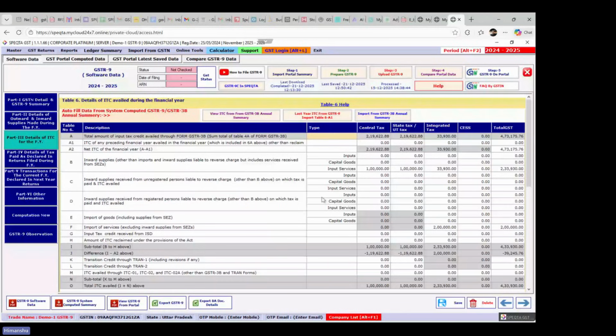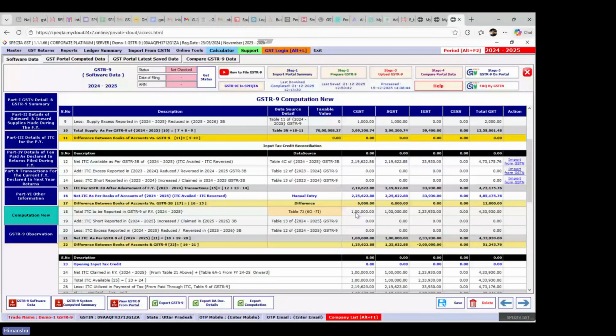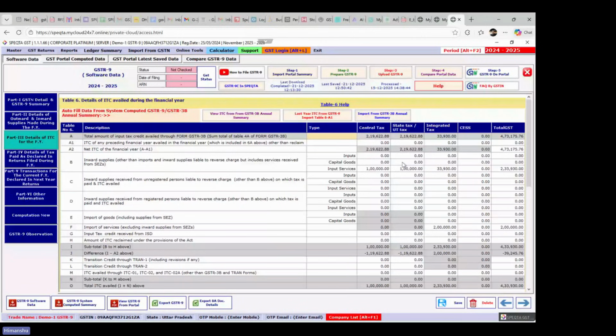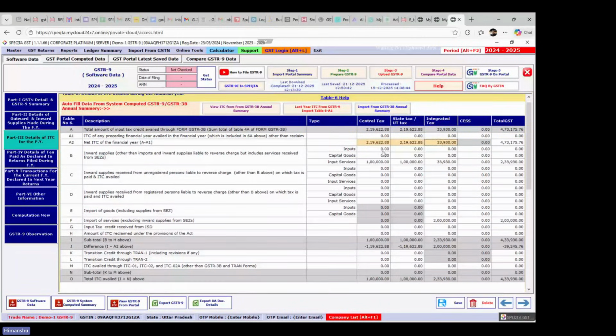फाइल करने से पहले आप यहाँ पर देख लो ना कि आप क्या रिपोर्ट कर रहे हैं, क्या बुक से इतना ह्यूज डिफरेंस आ रहा है। अगर आ रहा है तो there is a red flag for you. तो आपको यहाँ पर मेक श्योर करना है कि अगर आपका कोई डिफरेंस है तो यहाँ पर आपको इसको प्रॉपर सेटल करना रहेगा। तो यहाँ पे अगर आपने मान लीजिए